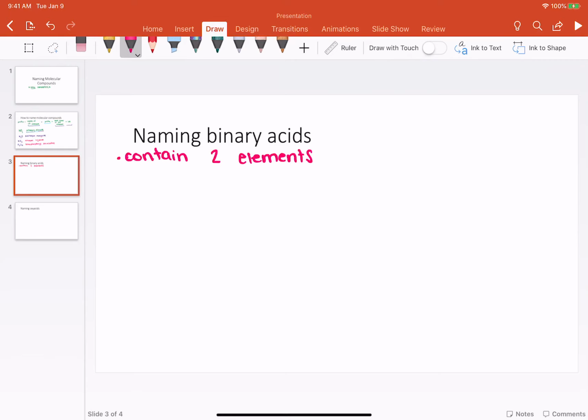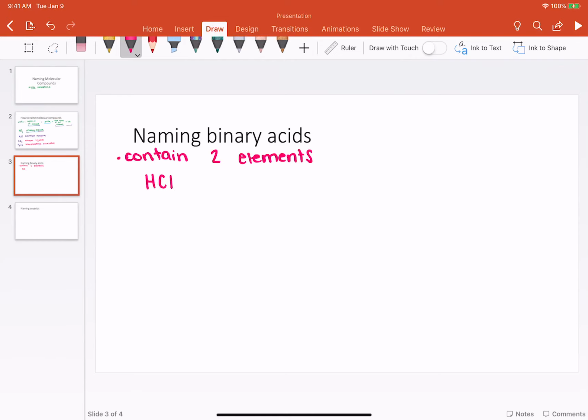And when we have an acid, at least at this point in the class, we're going to consider an acid as anything that can give up an H+. We're going to learn a little bit more about that later on in the semester, but for now, an acid is just anything that can release an H+ when it breaks apart. So that is going to be